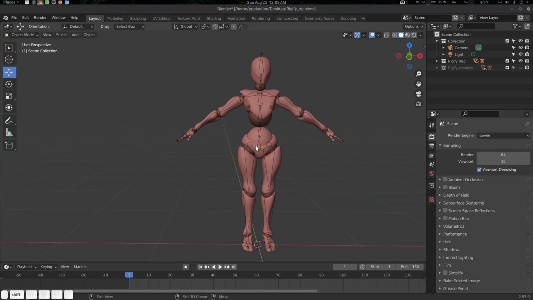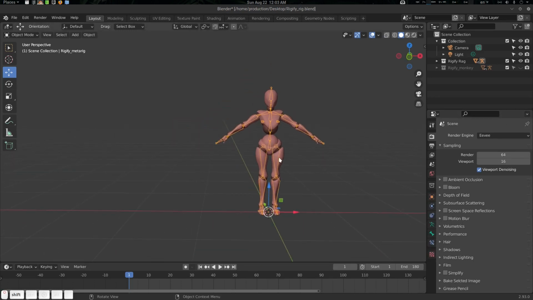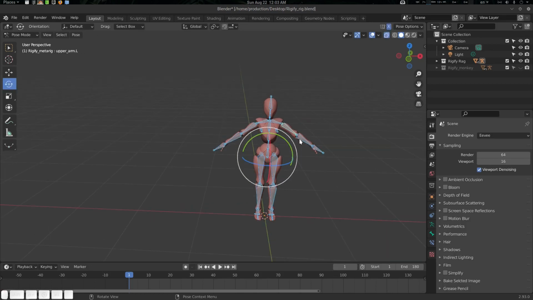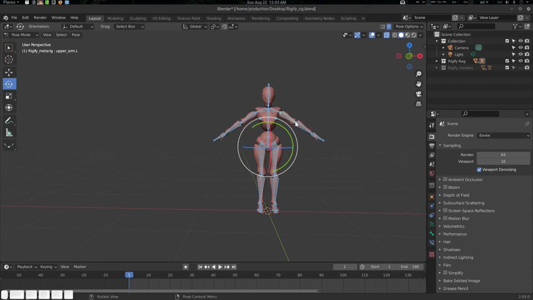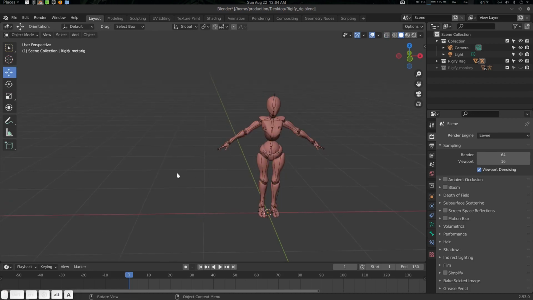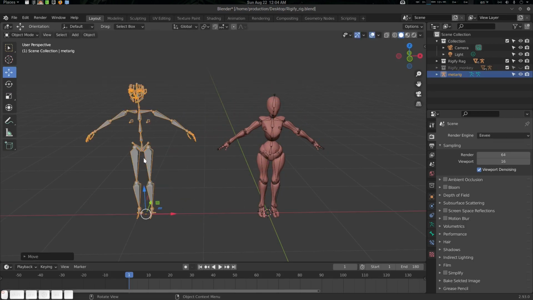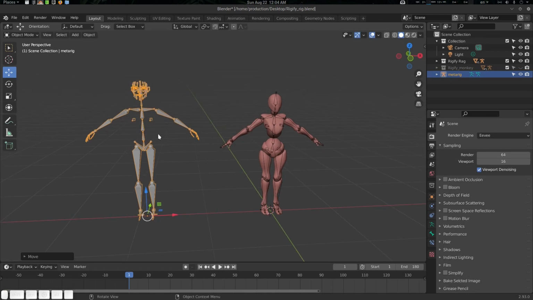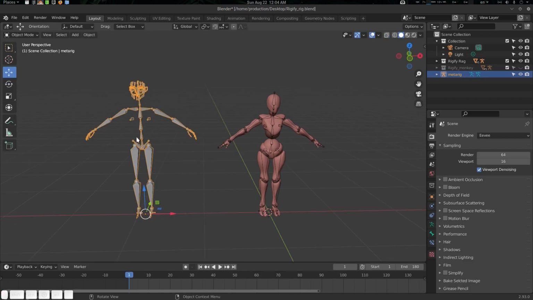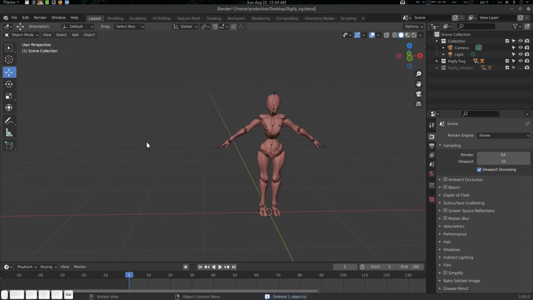Now this is a Rigify rig. By default Rigify comes with a rest pose. You can see if I press Alt G and Alt R, it will be the same. So it is a rest pose. If you go to Armature, Rigify, you can see it is here. So it is by default in a pose. Alt R, Alt G, you can see it is the same. This will be pretty important later.